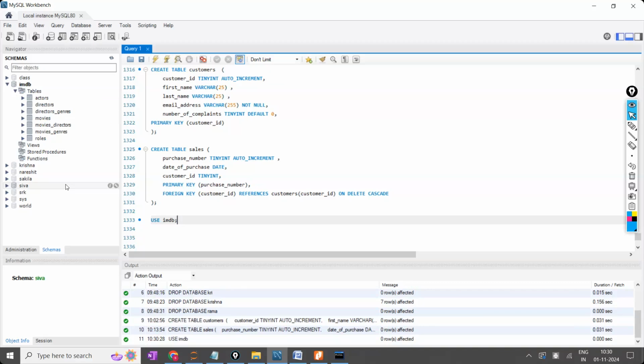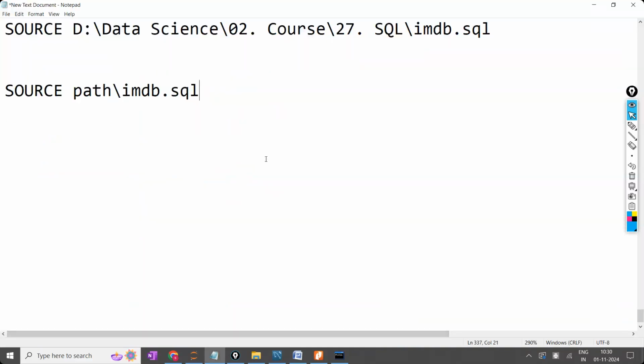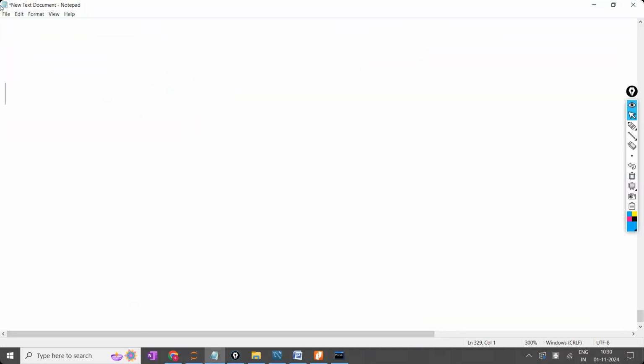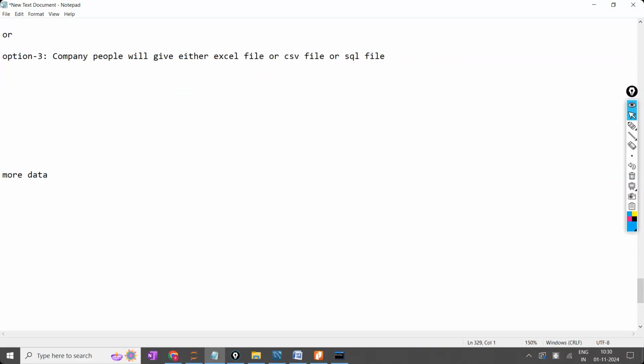Sir, so what are we going to do now? First step: when you join a company and they have given one database to you, what is the first step you have to do? You have to draw the ER diagram and understand the database schema. Without understanding the database schema, we can't work on the data. Whenever you are working on a database, first you should be familiar with the database schema. What is the database schema? Schema means nothing but the ER diagram. Without that, we can't do anything.